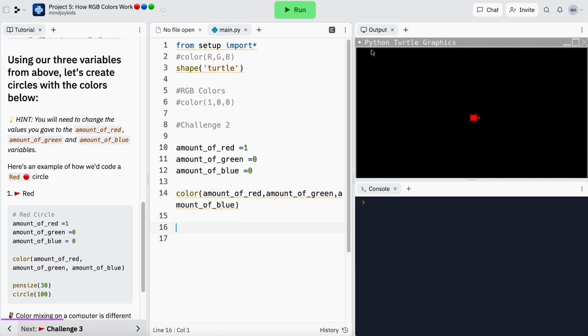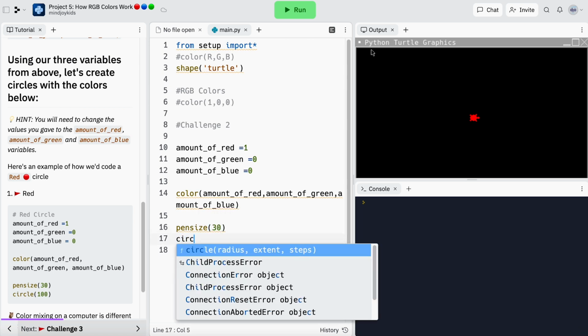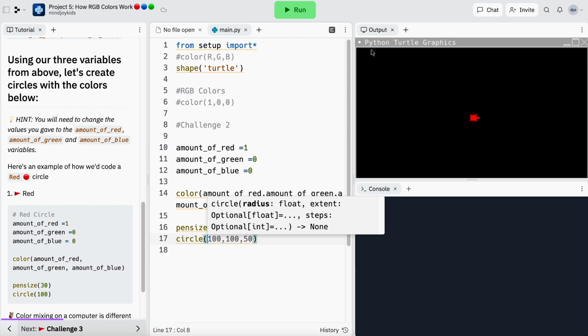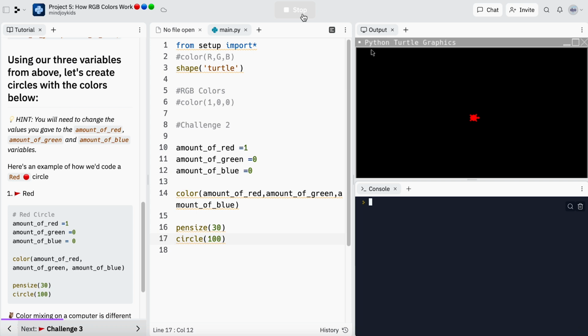And now if I'd like to print a color or a circle, I'm actually going to say pen size, and I'm going to make this a really big circle, maybe 30. And I'm going to say circle because I'd like it to print a circle. And I'd like my circle to be 100 in radius. And I'm going to hit run, and what I expect to see is a big red circle, which I do